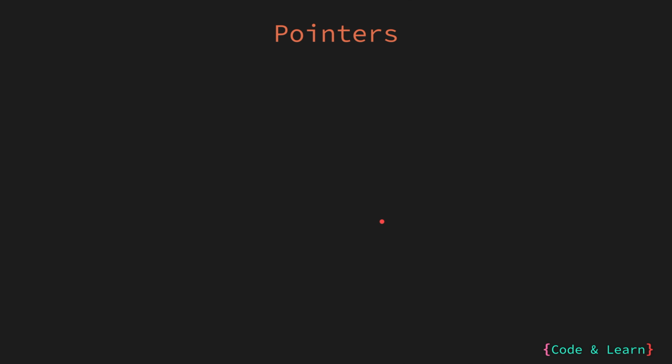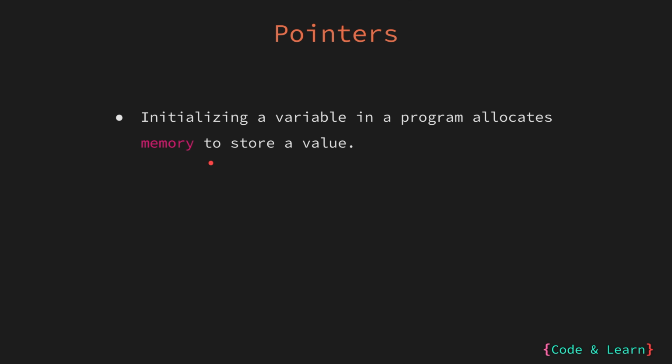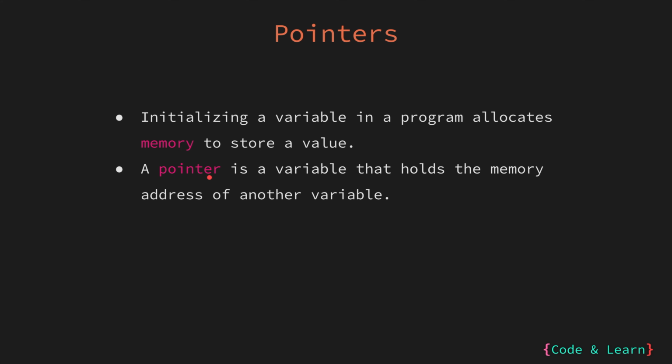Let's now discuss pointers. When you initialize a variable in a program, you are essentially reserving a portion of computer memory to store a specific value of a given data type. This allocated memory space is where the value will be stored and can be accessed later in the program. Pointers are a special type of variable that doesn't store the value directly, but instead stores the memory address where the value is located. This allows you to access and manipulate the value by using a pointer or the address